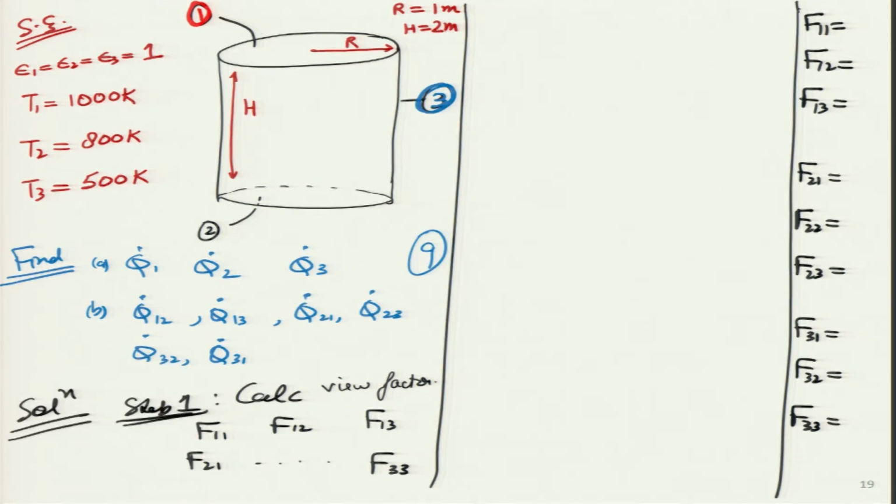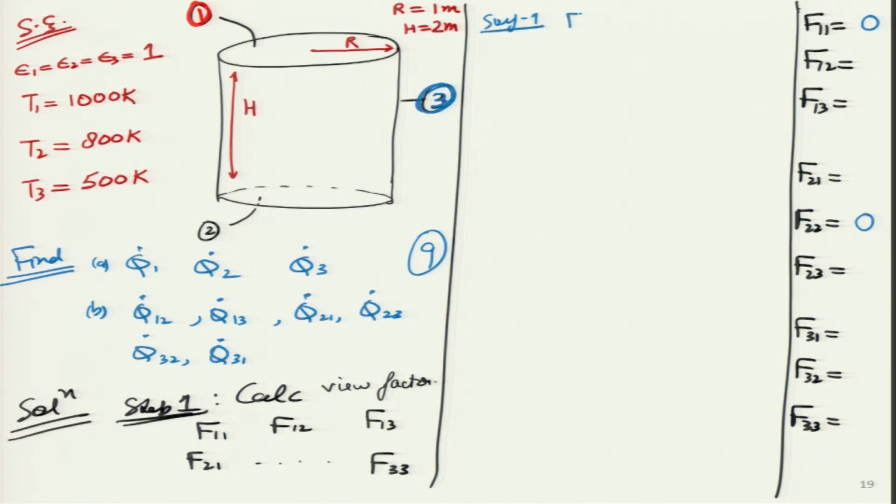So, are there some flat surfaces? I think yes, surface 1 is flat, F11 becomes 0, surface 2 is also flat, F22 becomes 0, surface 3 is not flat, which is why F33 I cannot write as 0. So, I only know the 2 trivial values over here. So, let me first start with the first surface, surface number 1.